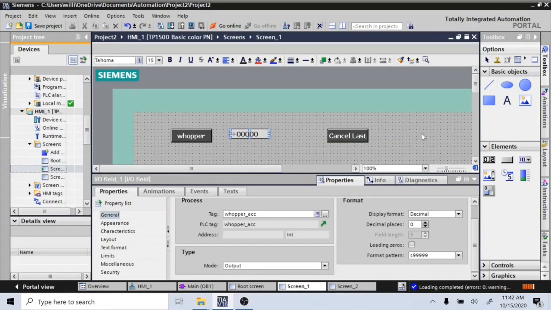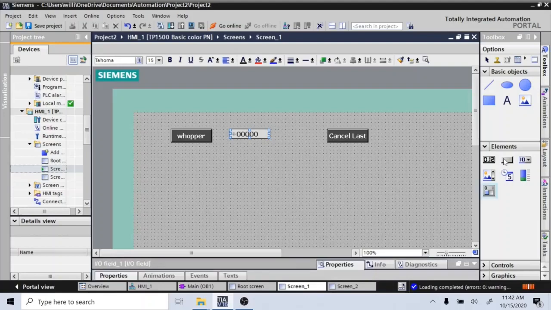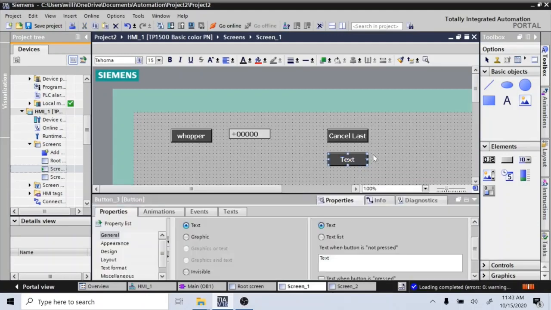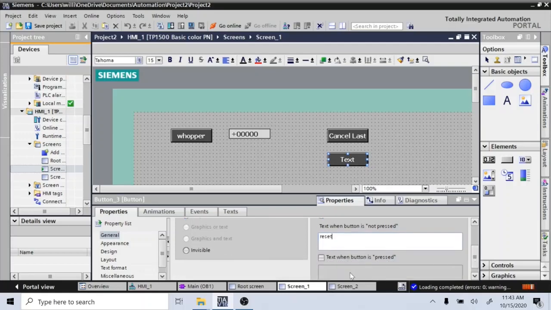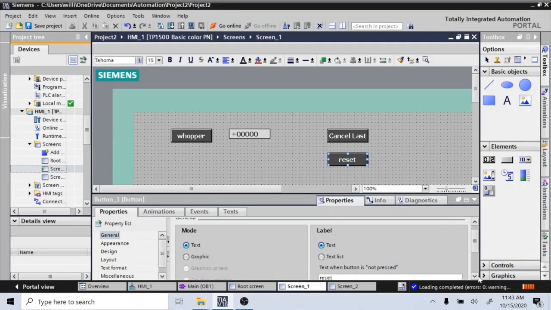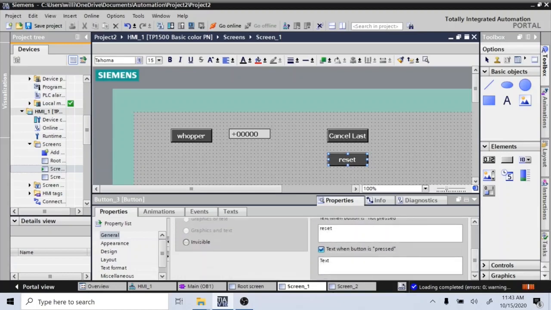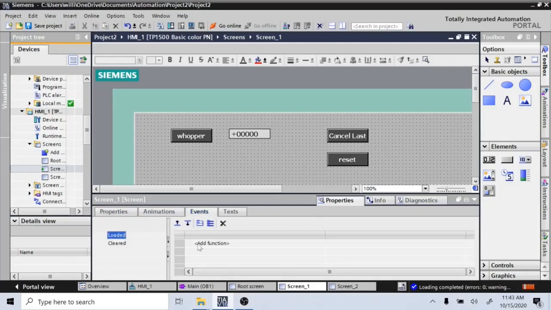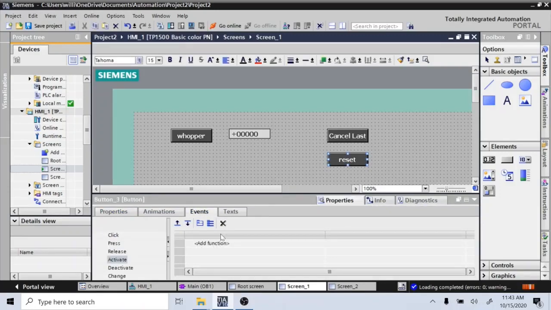Cancel last. And what other buttons did we have? We had a reset button, didn't we? So we're going to bring over here a reset button. Call this reset. Okay, general text, we're going to say reset. So this is going to be a reset button, and again, events is going to be a click on it. You got to click on it, press, add a function,